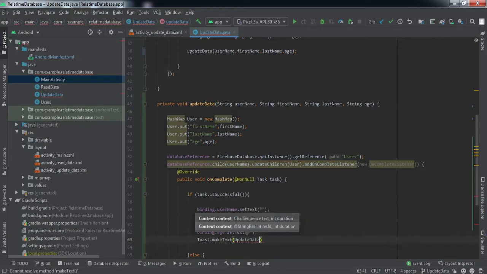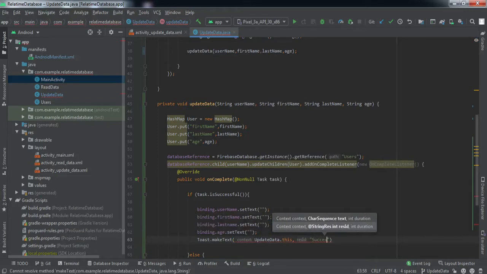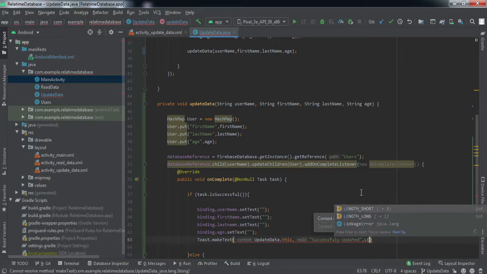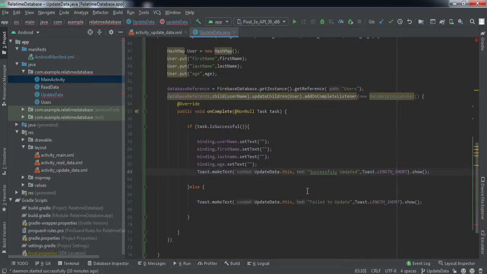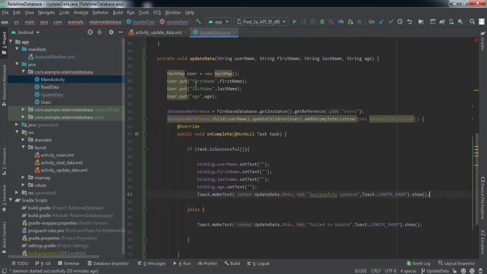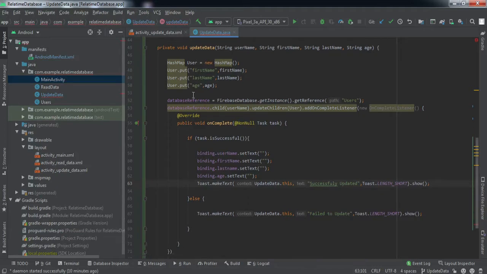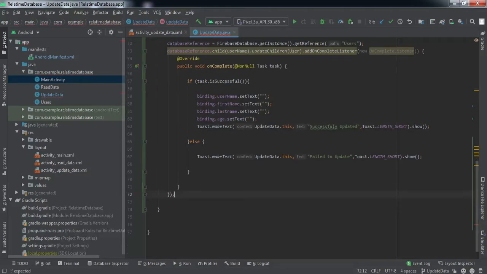So update data dot this, we'll pass the context, and here we'll say successfully updated, right? Toast dot show, right? So that is it. That is all what we need to do, right? So if you do not want to change a certain field as per your requirement, then what you can do is you need not to put all the fields here. For example, I do not want to update the username, so I haven't entered the key and the value for the username, right? So let me just put,